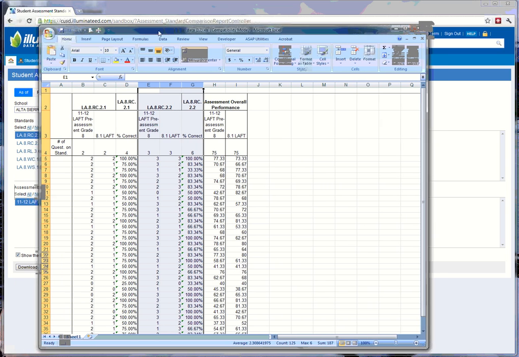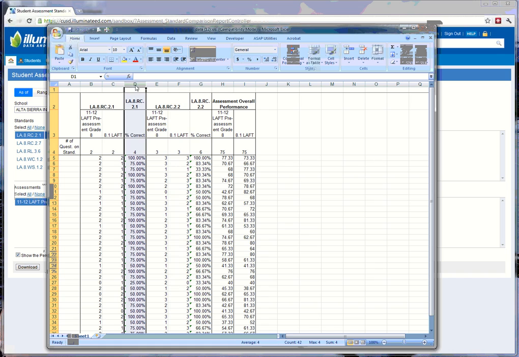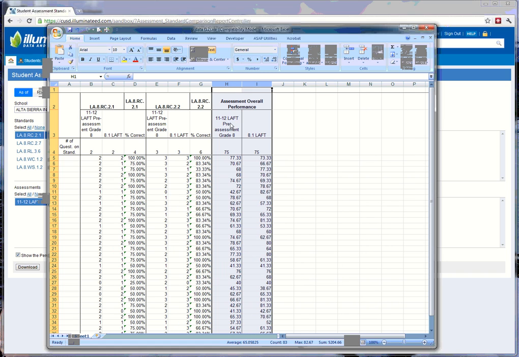Now I mentioned that checkbox, this column right here, which is the total % correct for that standard. If I had unchecked this box right here and then rerun my report, this column would not show up. At the very far right of the report, there are 2 columns that show the overall percent correct on that assessment. So on the pre-LAFT, there were 75 questions. This student got 77.3% correct. On 8.1 LAFT, there were 75 total questions, and this student got